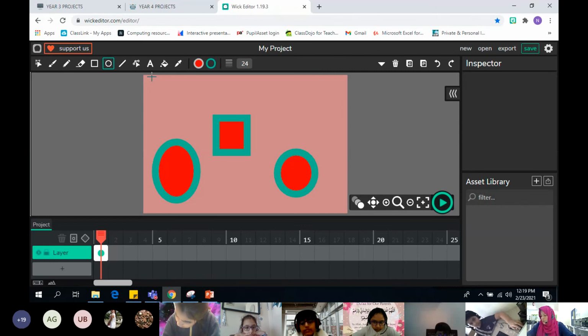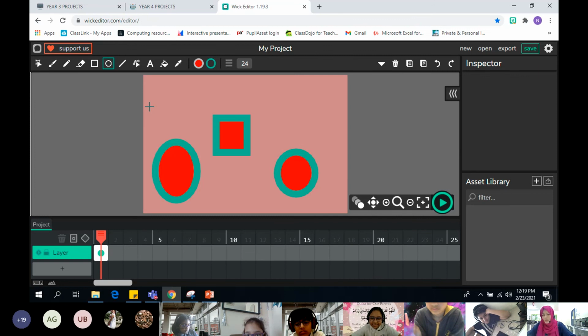Is everyone's screen frozen or your screen only? Can everyone see my screen? Yes, I can see your screen. Okay, it's frozen for you only, just your screen is not visible. Those whose screen is frozen, go out and come back again. Don't worry, the lesson is getting recorded. If you miss anything, you can see it again. English, can you let us in? First go out, then only I'll let you in.